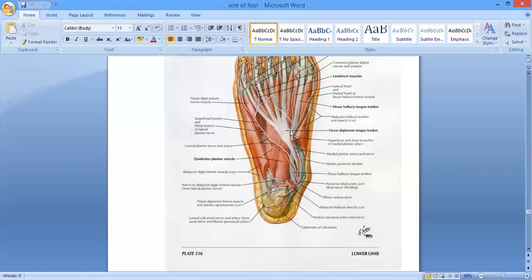Then again, after receiving the insertion, it passes forwards and divides into the four tendons, small four tendons for the lateral four toes, 1, 2, 3, and 4. With lateral four toes के लिए it is going to divide into the four tendons. It passes forwards again, and then it is going to give origin to these four lumbrical muscles, right? So there are certain things happening over here. Number one, it's going to cross the tendon of flexor hallucis longus and receive the tendon slip. Number two, it is going to receive the insertion of the quadratus plantae. And number three, it is going to give origin to the four lumbricals from the medial aspect of the four tendons. Clear, Ji?